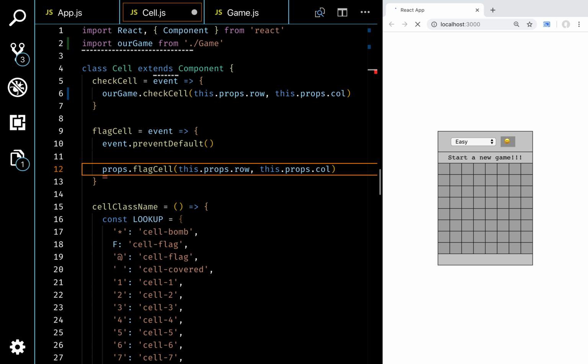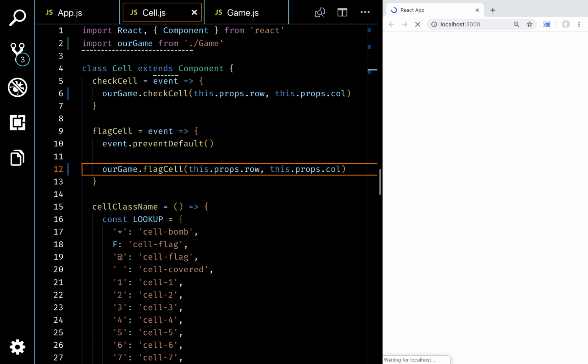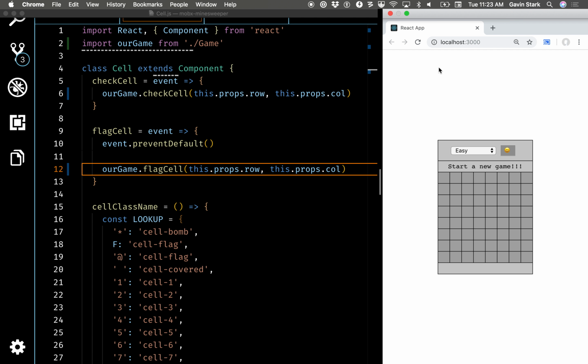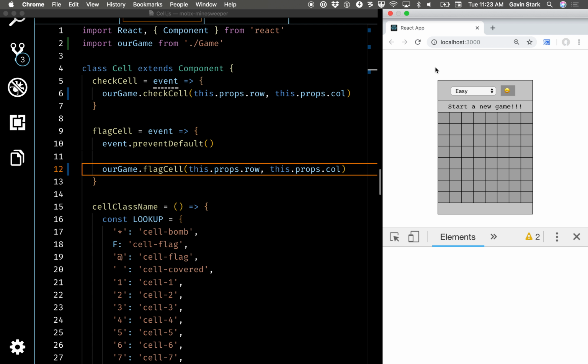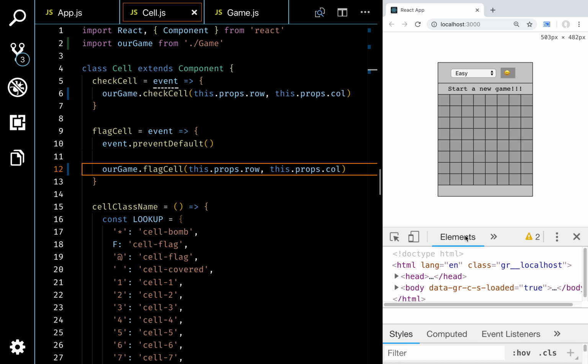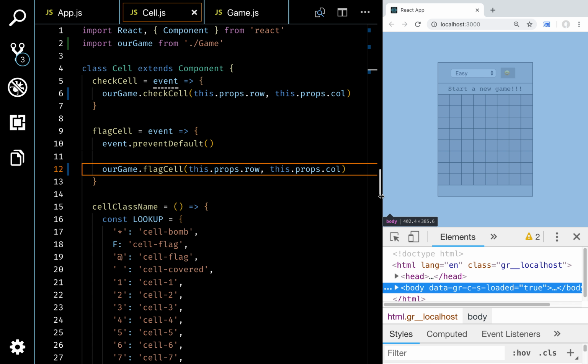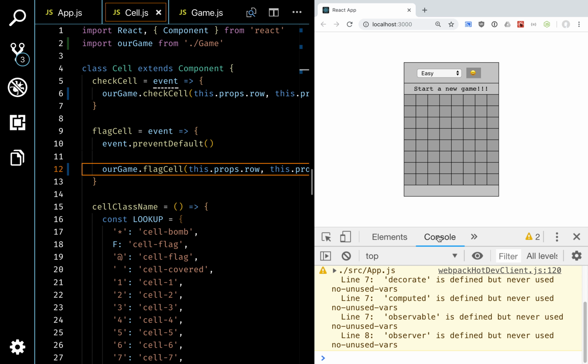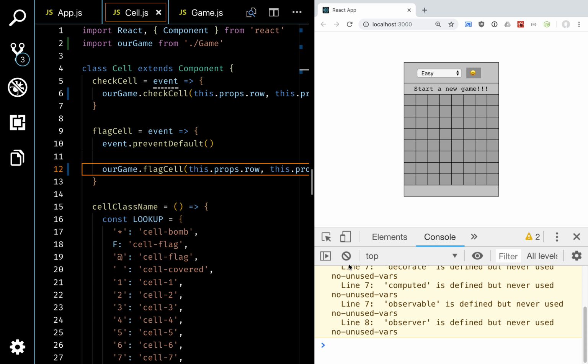and our game flag cell. And hopefully we don't have too many errors in the refactoring. Because if there are, we'll have to delay it until 2. Let's see. Well, we don't have any errors,